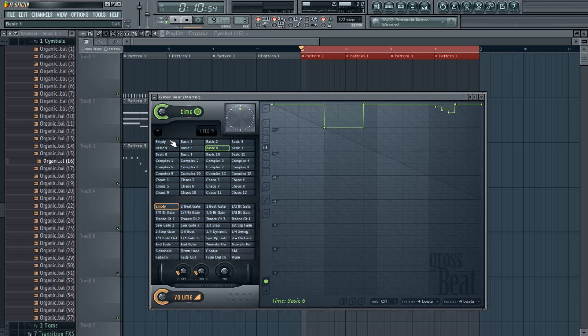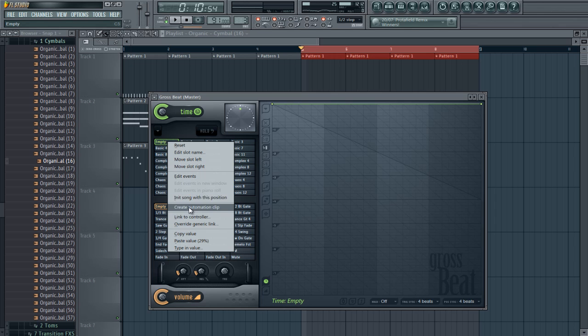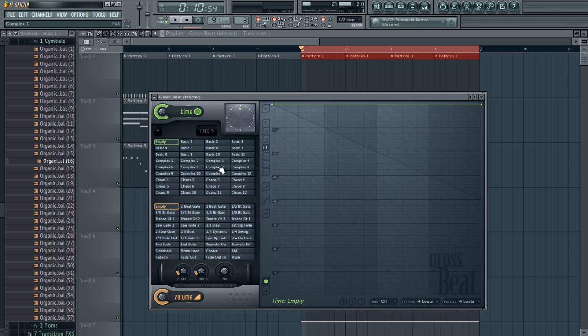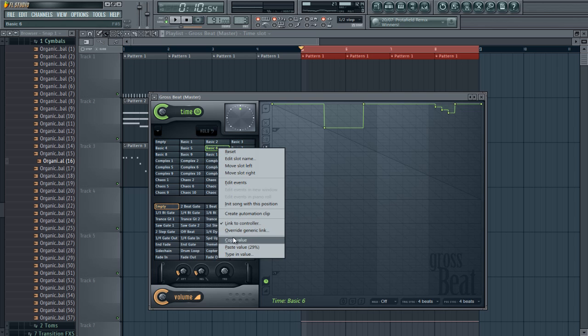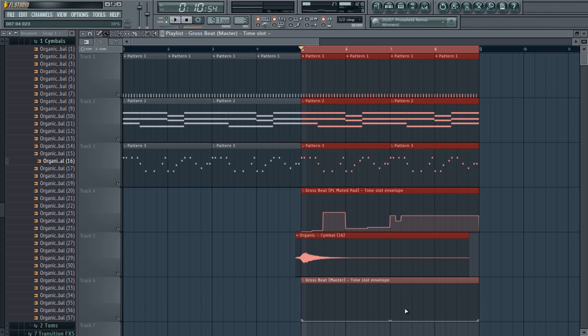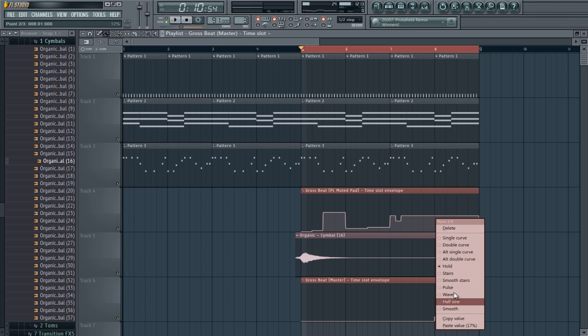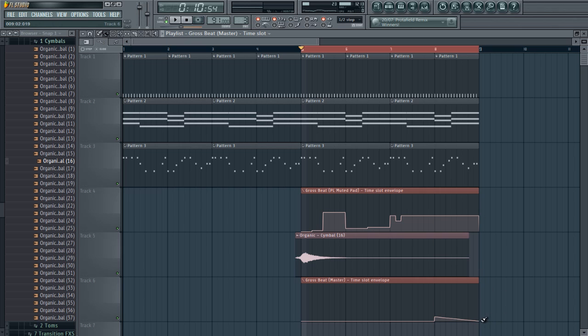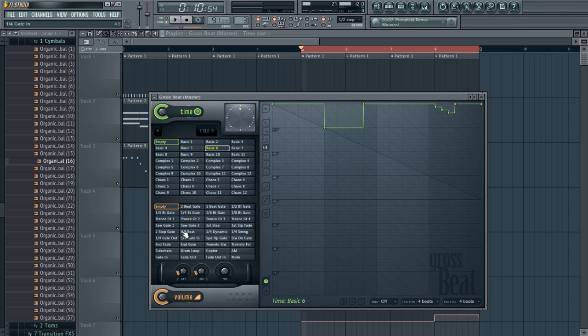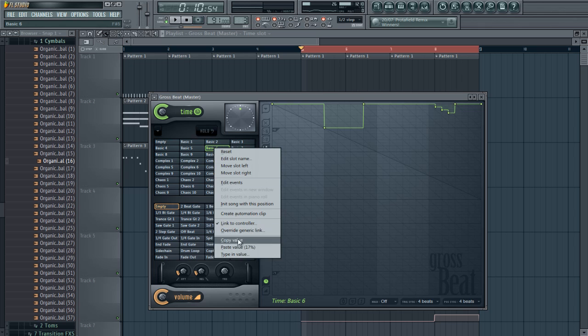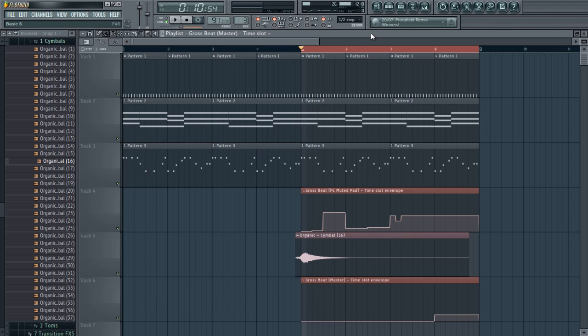So first of all, I'm going to right click and go create automation clip. And then I think it was this one, and I'm going to copy it. And again, I'll come here and go hold. Well, it is on hold, but I'm going to right click and make this one hold. And I'm going to paste in the value. So what I did was I just copied basic 6, and then I pasted in the value here of what 6 is, so that it could be nice and precise. So if we listen,